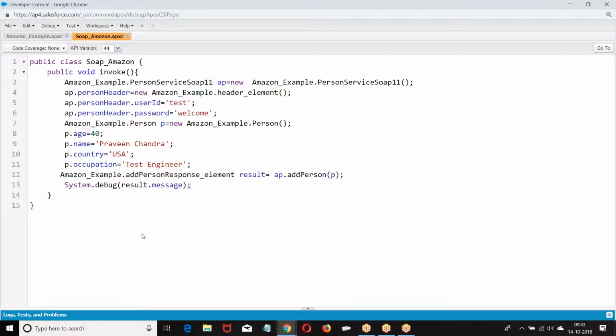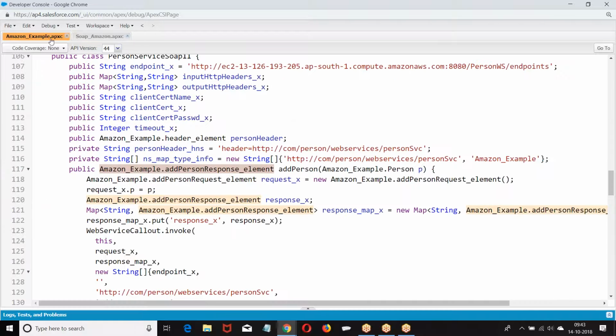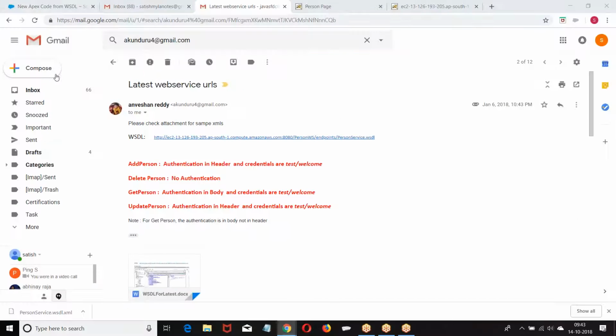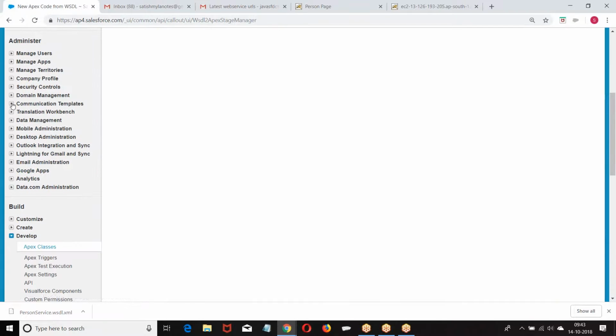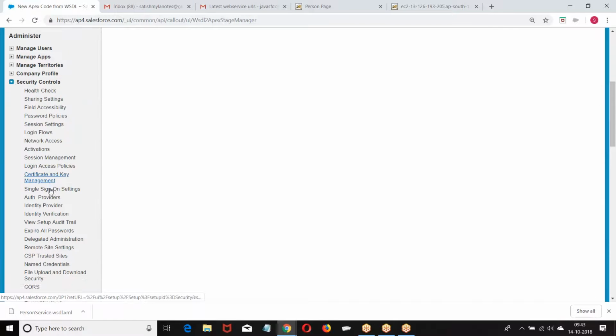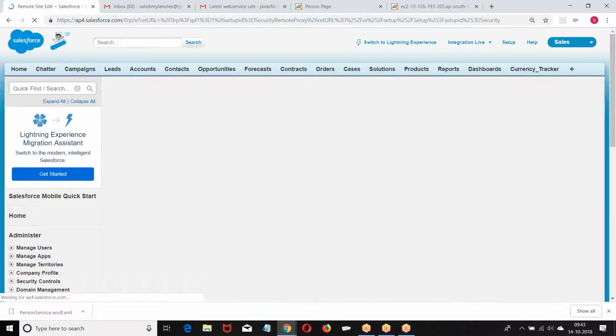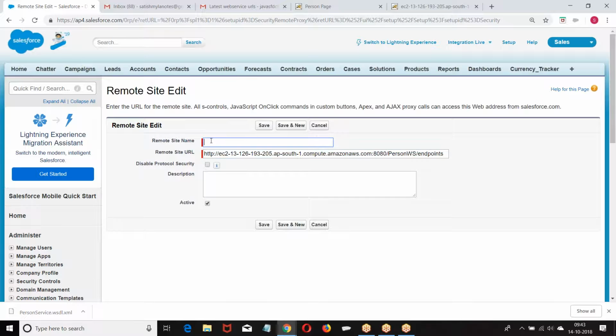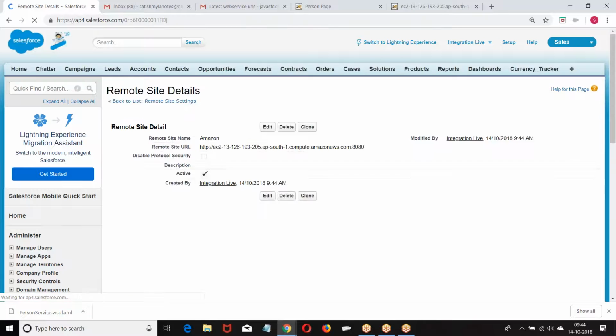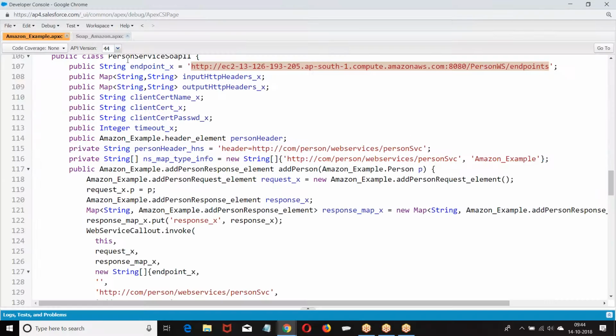First look at the example, I'll explain one more time. Now what is the primary point? Any third party system you want to communicate with should be registered with the remote site. Then how do you call this?